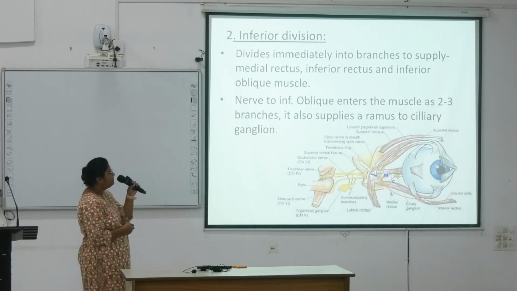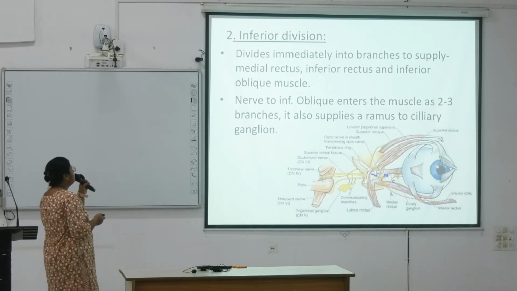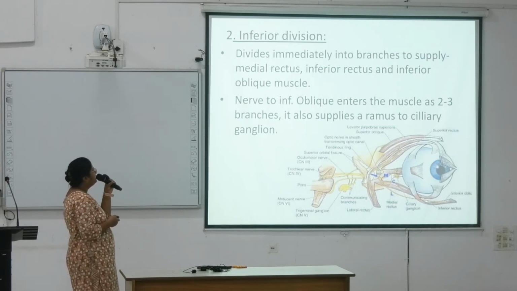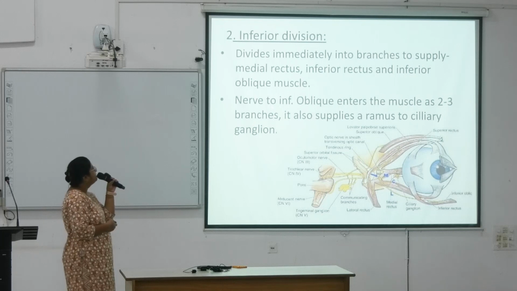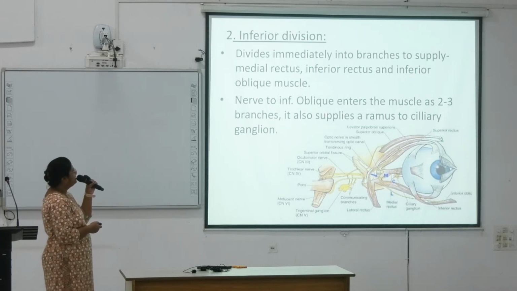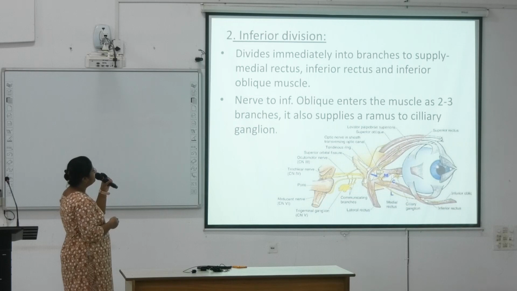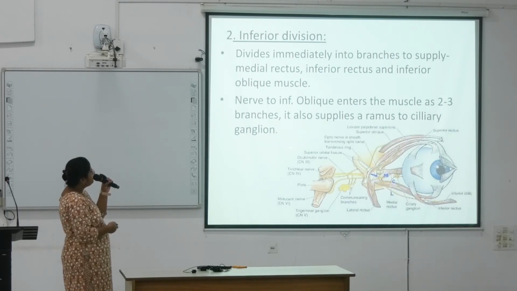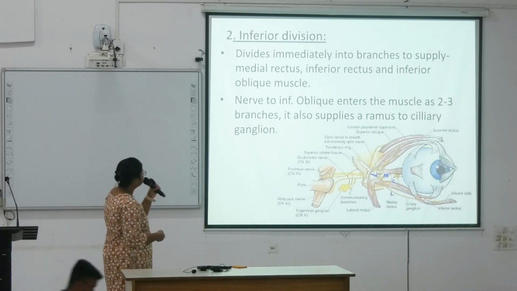we go to the inferior division. It divides immediately into branches to supply the medial rectus, inferior rectus and inferior oblique muscle. And the nerve to inferior oblique enters the muscle as 2 to 3 branches, and also supplies a ramus to the ciliary ganglion. Okay, so this is the inferior division supplying the inferior rectus, inferior oblique. All these are supplied by this inferior division. Next